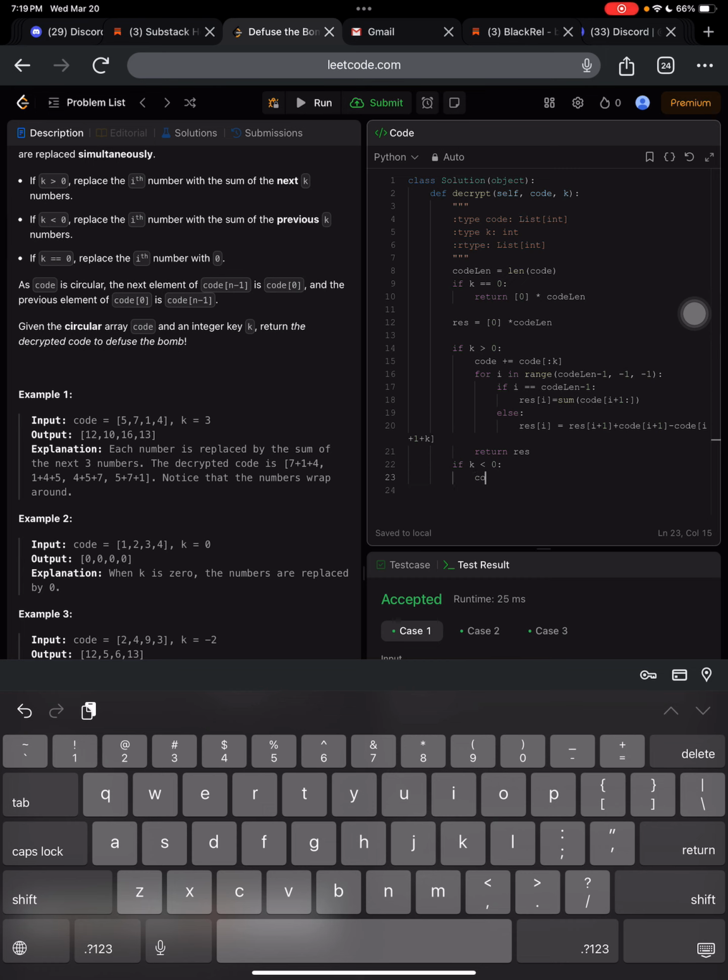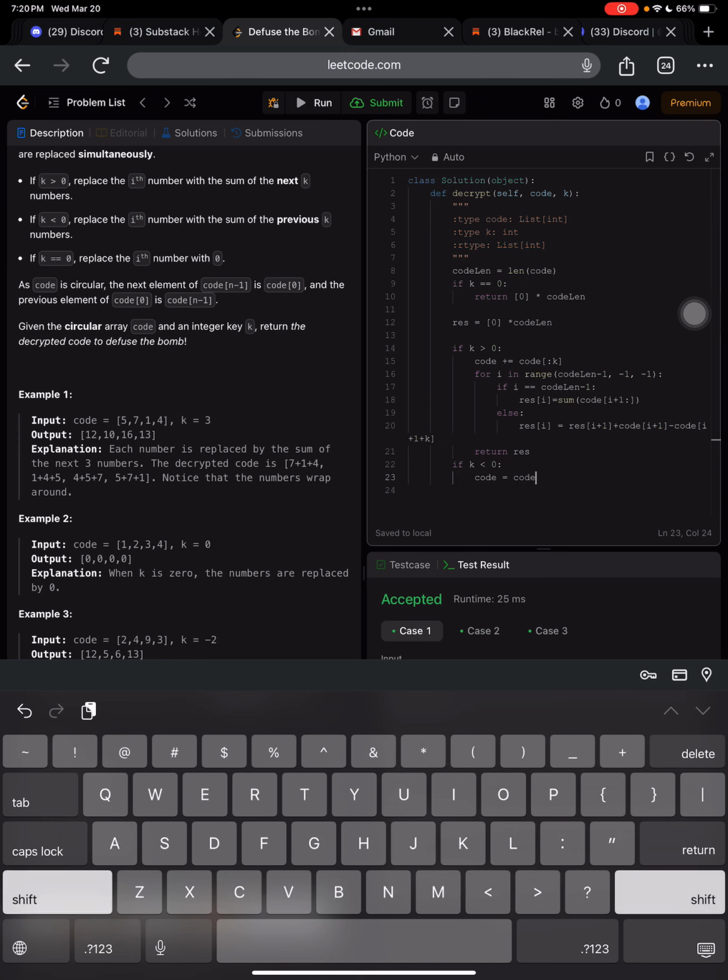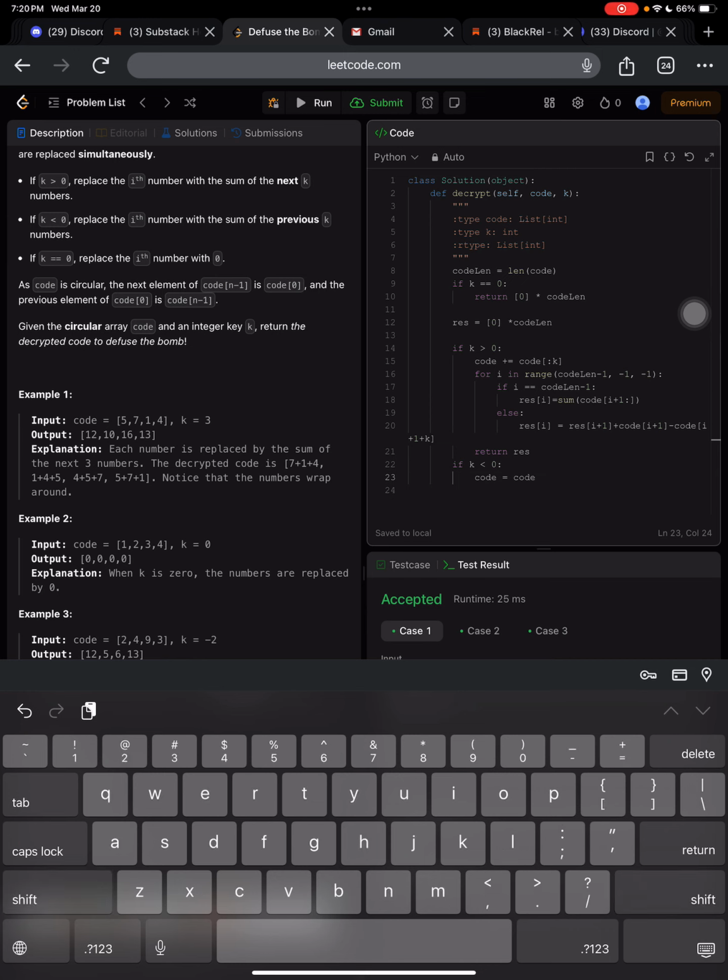So it's going to be code is equal to code k, not j, okay, k plus code, and then